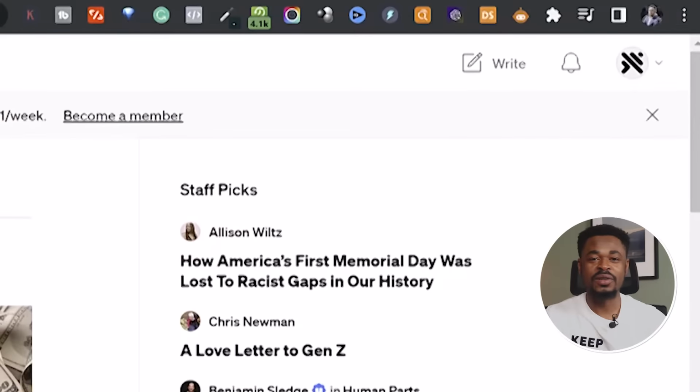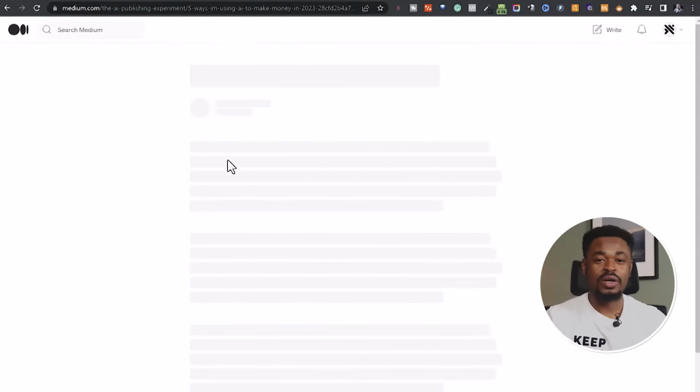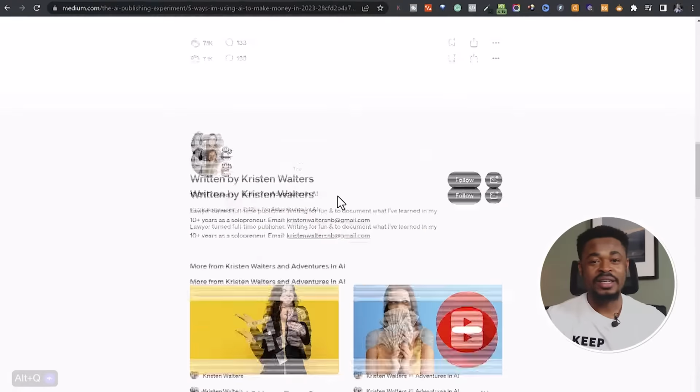Click on right at the top right of your screen and then post an article that answers a question. Remember, your article needs to answer a question. You need to solve a problem. But here in Medium, you need to add images so that your article will be engaging. You can check other articles around what you want to talk about before creating any post. You need to know what is working and then model it. I'm going to show you a secret about creating articles, so just keep watching.